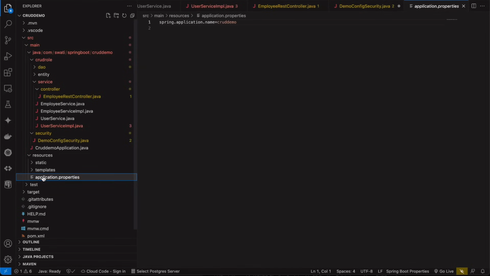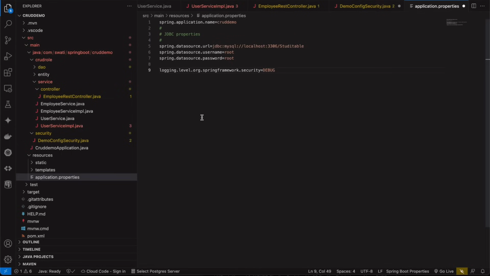Okay, we will be using these properties in the application property, that is the URL that we're using the MySQL database, localhost 3306, and the database name is study table. Okay, the username and password for the database is root, and we'll be using the logging here, that is we'll be able to see all the errors and all the things in the logs. Okay,